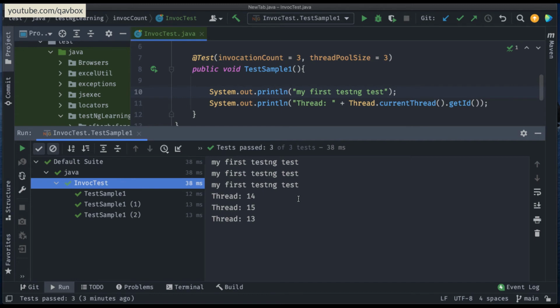So you need to come to a conclusion that you need a very logical thread pool size. Normally we give 3 or 4 so that it will not utilize a lot of system resources. Fine, so that's another interesting thing that you need to take care of.